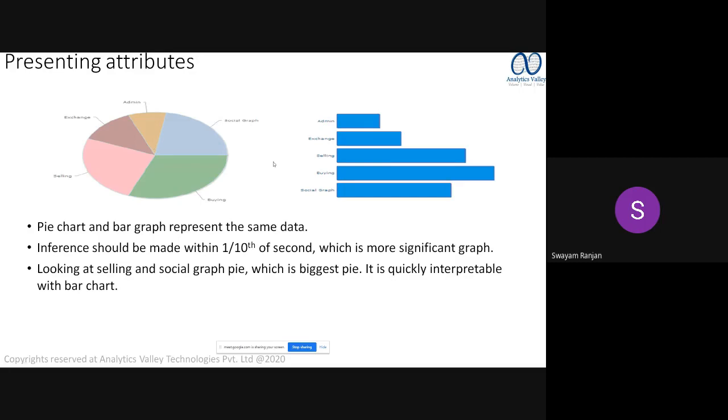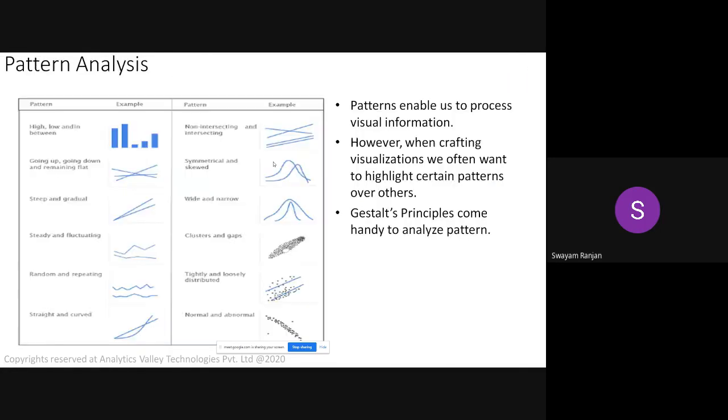So try to use mostly the bar graph instead of the pie chart so that there is a relative comparison, or use a line chart or an area graph. All of these can be used. This is the pattern I told you about: trending, going up, going down. You can look at these graphs and do clustering, like this is how the clustering goes. For graph presentation, there are nominal, intersecting and non-intersecting graphs, so you can have multiple observations through a graph.